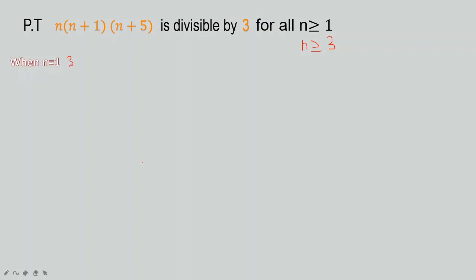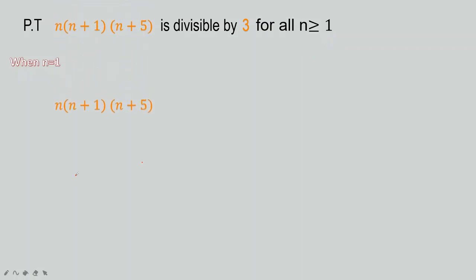The reason is that the first case is what we call the base case, the first thing that is possible. What is possible here? n is greater than or equal to 1, so the first possible number is n is equal to 1.